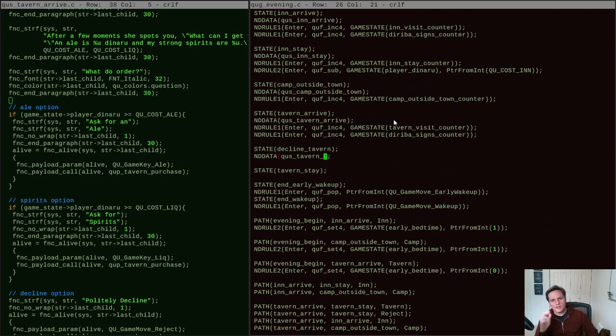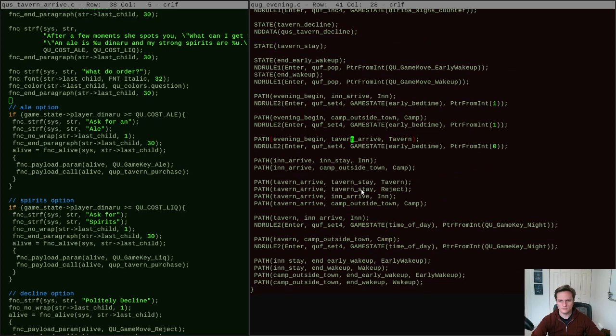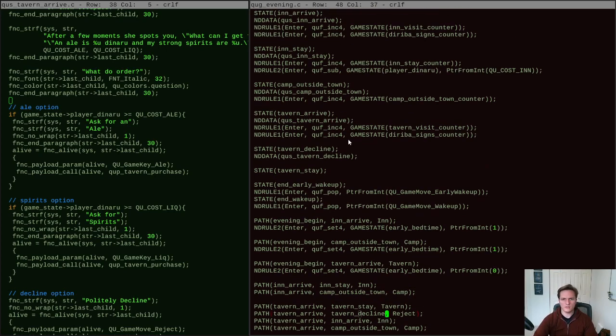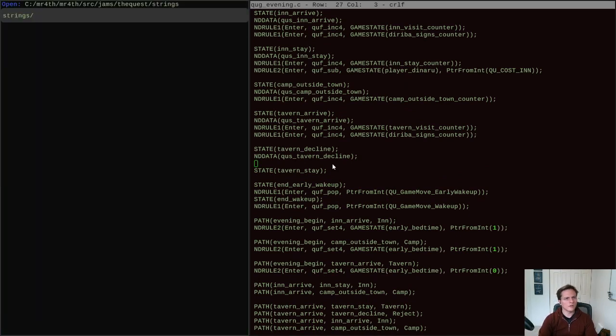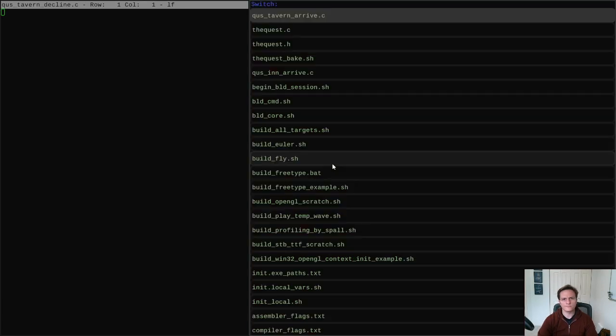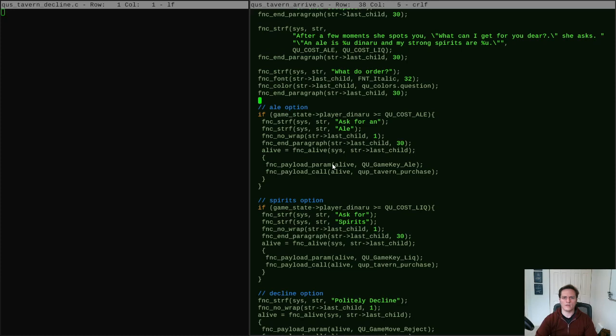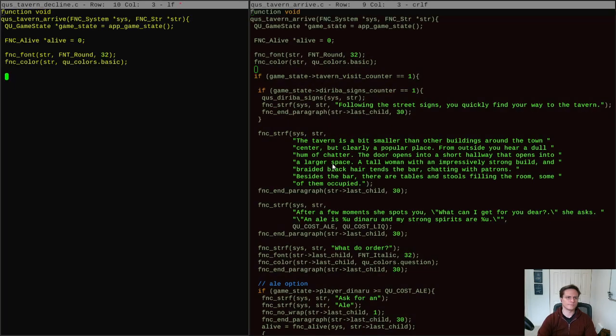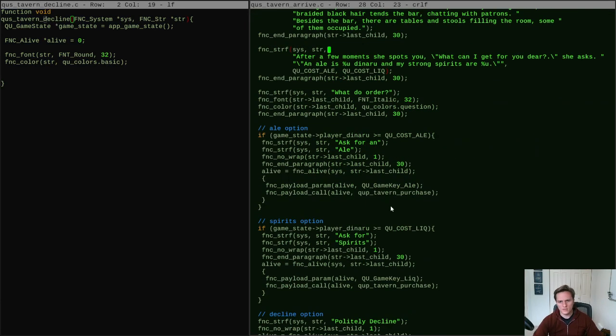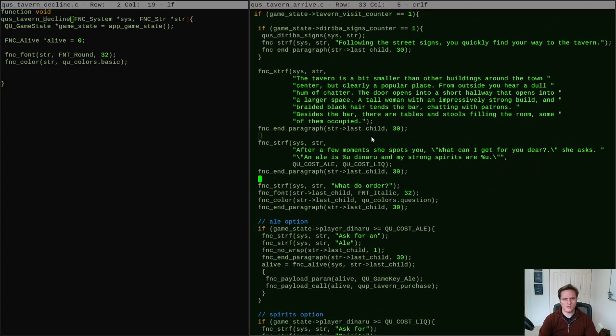Let's see. This will be the Tavern Decline. Tavern Decline, right? And so we have this new string I need to write here. QUS Tavern Decline.c. Tavern, right? Okay. Tavern Decline is going to be like, she's going to be talking to you. She's going to say,